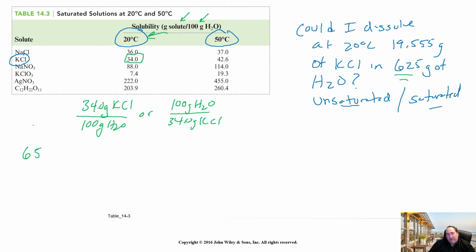So we'll take 625 grams of water. Using this is going to allow us to figure out really the solubility of potassium chloride in this much water at 20 degrees Celsius. So this number that I am getting here, water will cancel, tells me that basically I take 625 times 34 here. Going to give us about